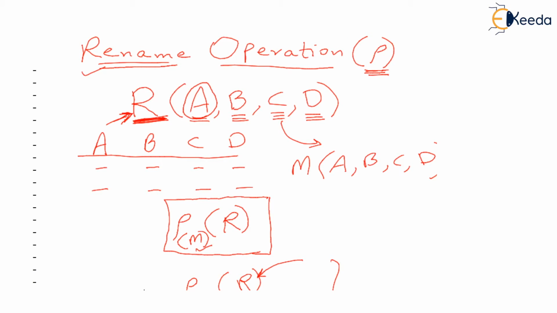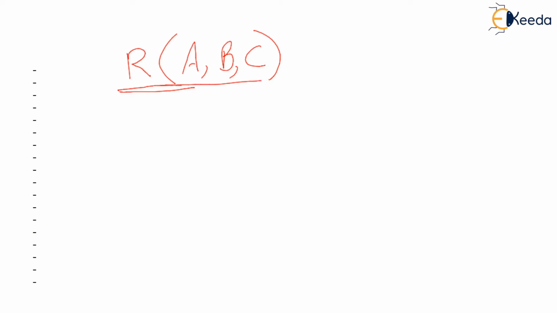But right now in this video, I will give you an example which will tell us really how rename operation can be helpful. Just imagine that we are having a table R again with 3 attributes A, B, C. And there is some operation that we want to do, some question we want to raise on this table R and we want to extract data from table R. But for doing that, we have to join table R with R itself.